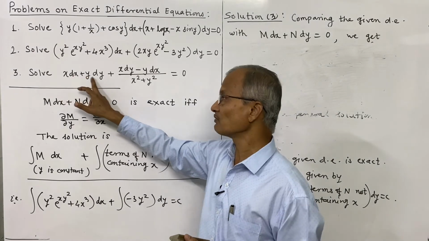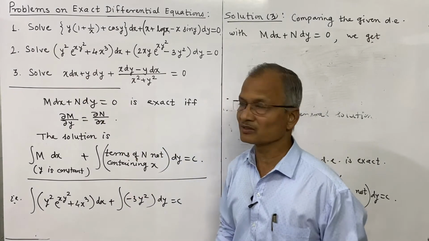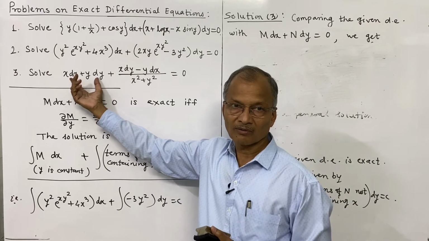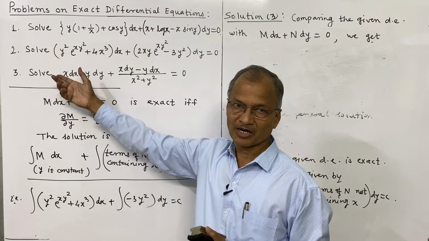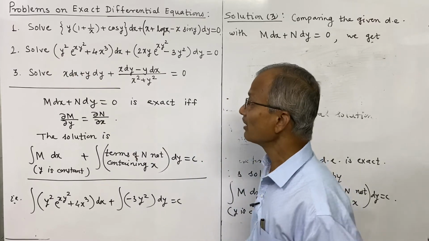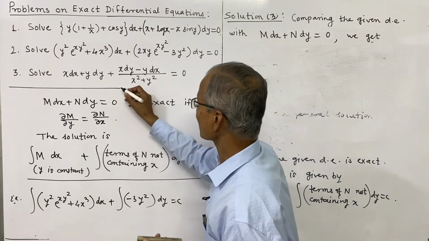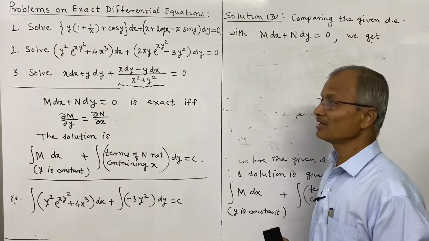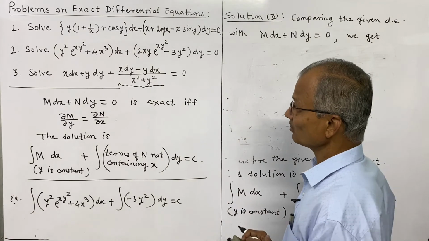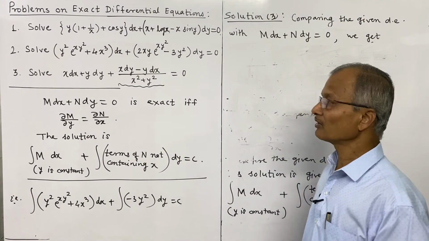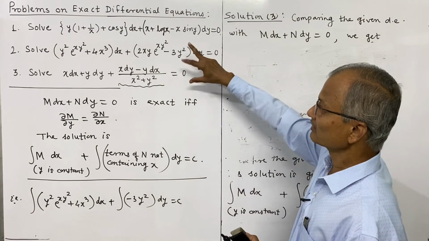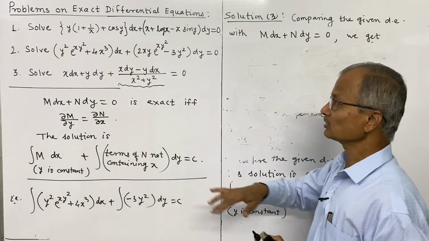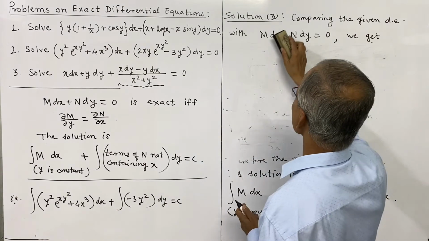X dx plus y dy, first two terms are exact, means they can be easily directly integrated. We can integrate x dx separately and integral of y dy, and this term also we can express in the form of total differential. So we shall do in that way, and you can try it by the same way of comparison by this method. So I shall solve the third problem in a different way,